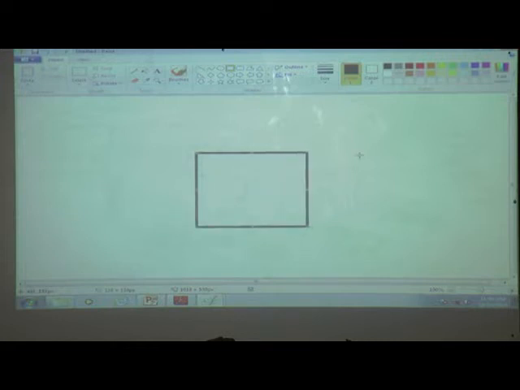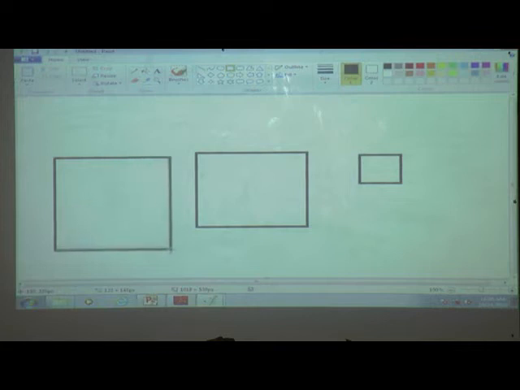If you want to draw a smaller one, same procedure. If you want a bigger rectangle, then draw big. Clear?